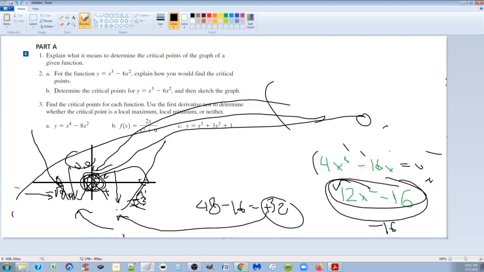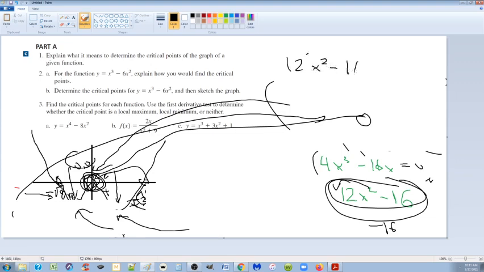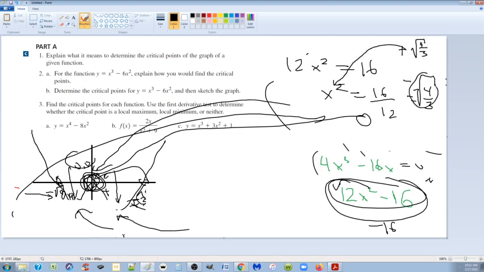And that second derivative is very useful. I can also set it to 0 to discover that positive square root of 4 over 3 is one of the x values, and negative square root of 4 over 3 is one of the x values, where there's an inflection point right there. That means where the graph slowly goes from one direction, the slope goes from changing